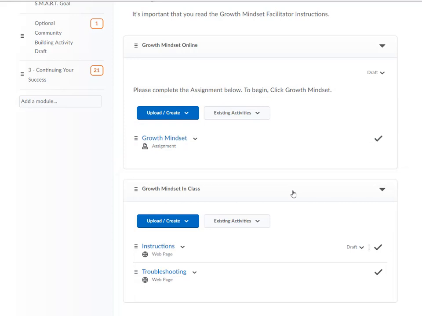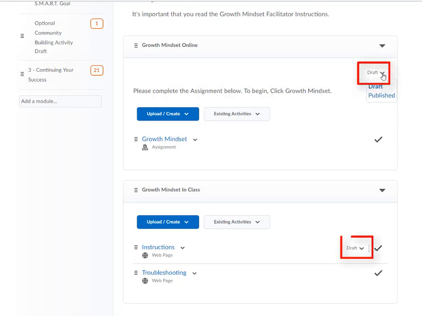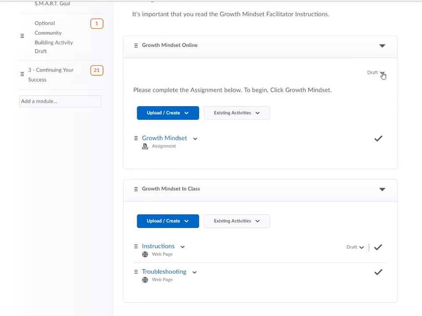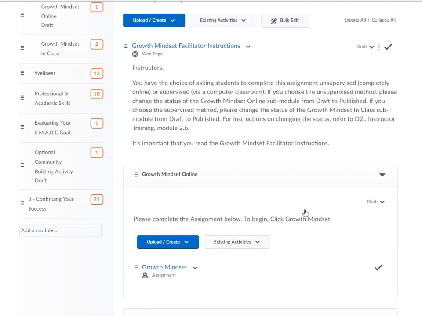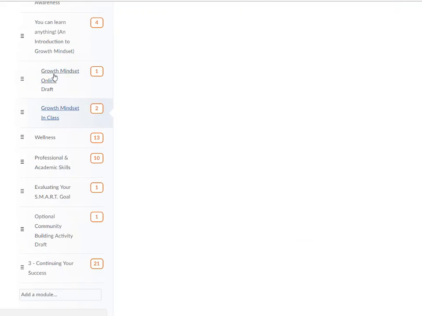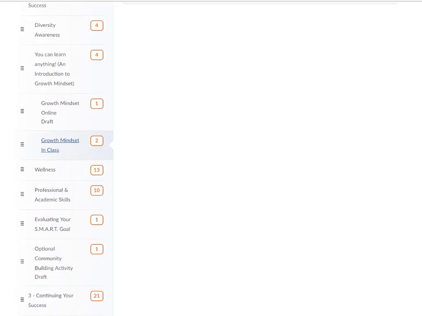Whichever way you decide to do it, you need to publish that submodule. So if you're going to do it in class, you're going to go to the Growth Mindset in Class submodule and take it out of draft and publish it. Then students will be able to see it. From that point,